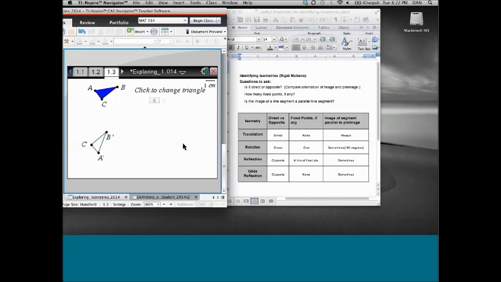If I can interrupt for 1 second, we had a great question from Matt, and I think this really goes to both of you. The question is, in the classroom, are you wanting students to say that there are no fixed points as it sits at this point? At this particular point,